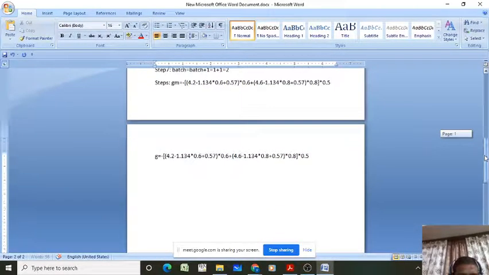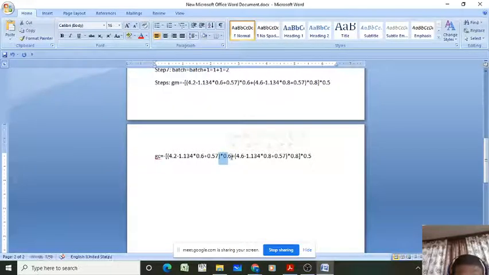So here what are the changes actually? There is nothing extra coming into the picture. I just want to remove this 0.6 multiplied with 0.6 and also multiplied with 0.8. Right? So we have the GM and GC values. After calculating the GM and GC values, next what do we have to do? Step 6. We have to update the model parameter.